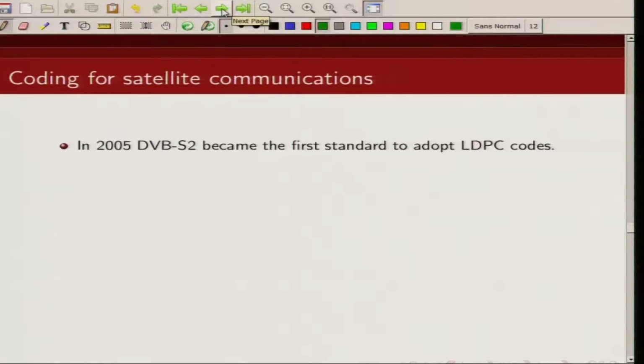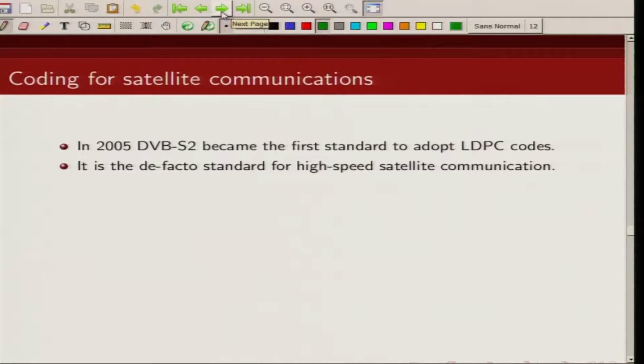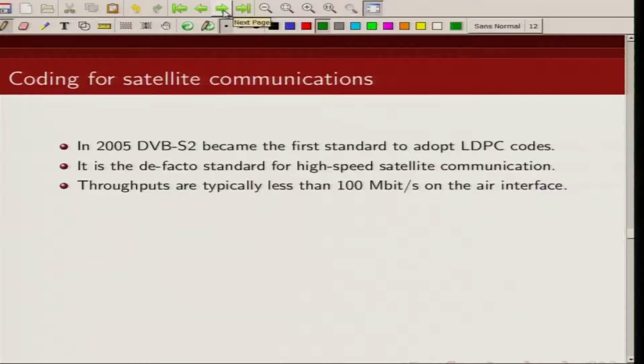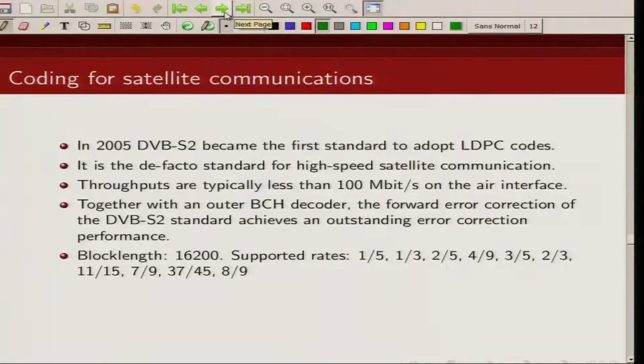Now let's move to an application in satellite communication. There is the standard Digital Video Broadcasting S2 standard, which was one of the first standards to adopt low density parity check codes. It is a de facto standard for high speed satellite communication, where typical throughput is less than 100 megabits per second. It uses a BCH code as an outer code along with the inner LDPC codes,